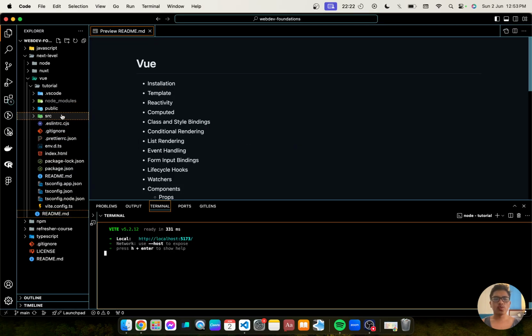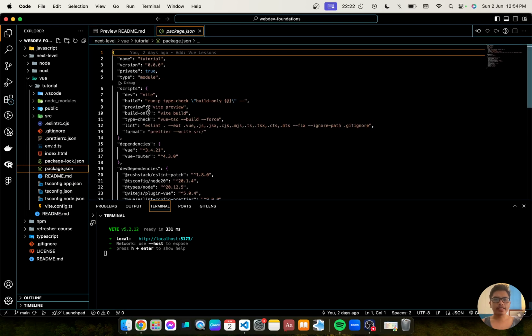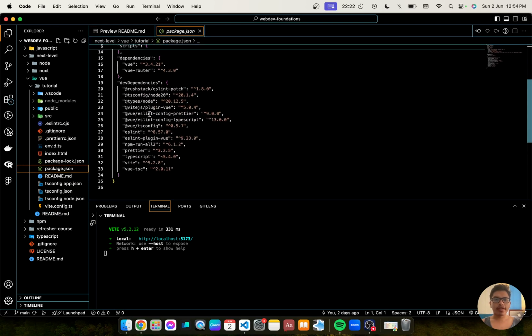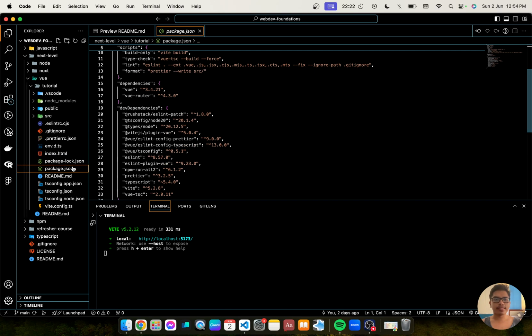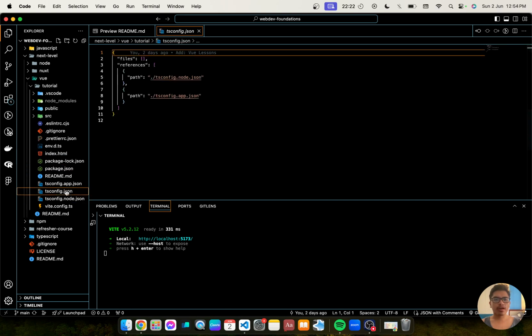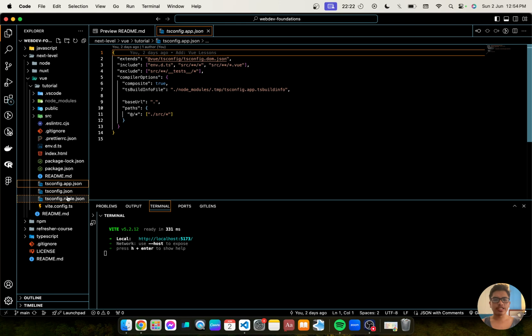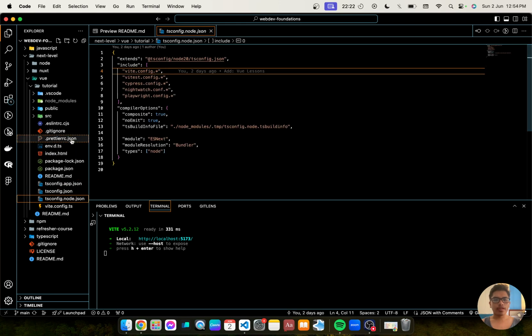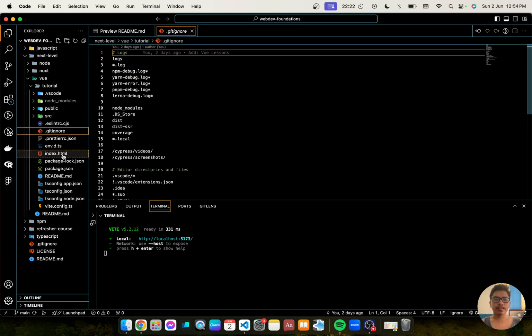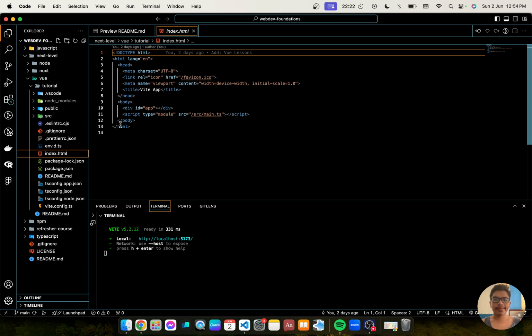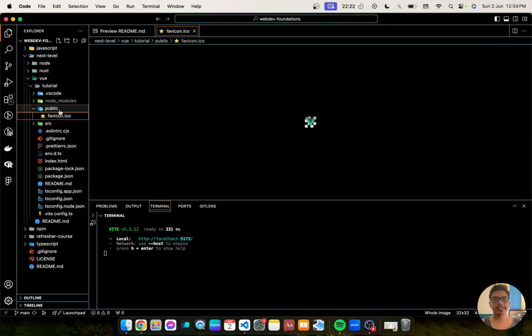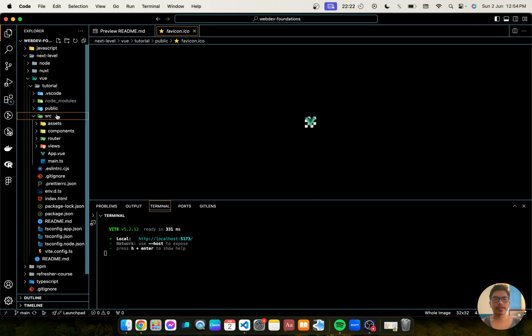So let's view our folders in the project. Here we have package.json, where we have our dev dependencies and dependencies, and we also have our tsconfig.json, our gitignore, our index.html, and our public folder, and we have our src.